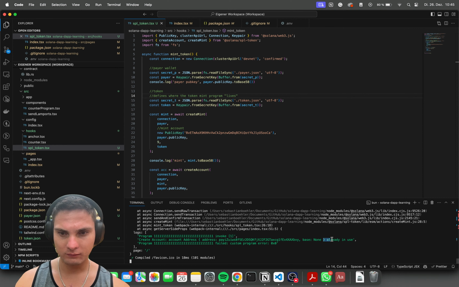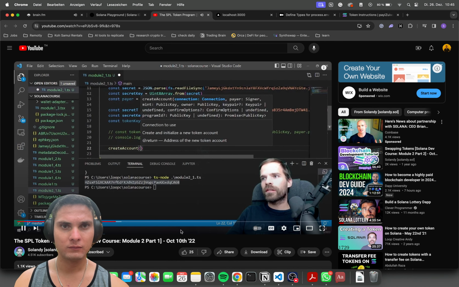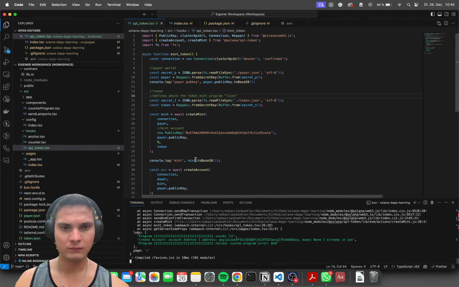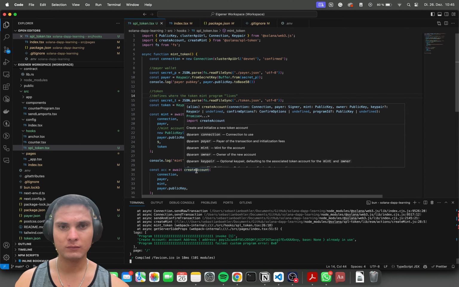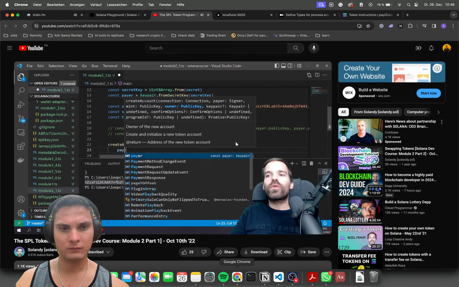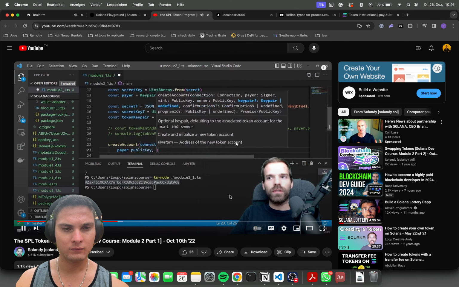Let's not create a new token, but create a token account. So create account. We do this, provide the connection, we provide the payer, so who pays rent and the transaction fee. We say which mint, so this is the token key pair public key now. Because remember, that's just this address. We could also just create a new public key for this address, but it's in that key pair, so I'm going to use that. Then what else we need? The owner, let's say we create it for ourselves, so we take our public key, and then